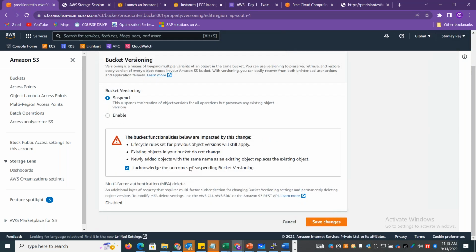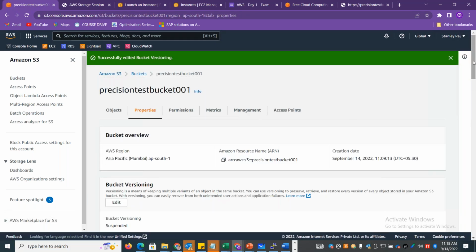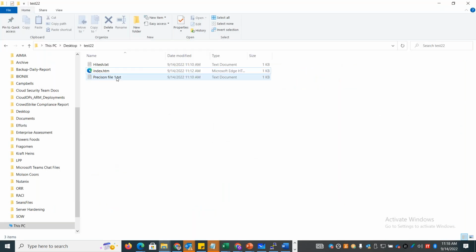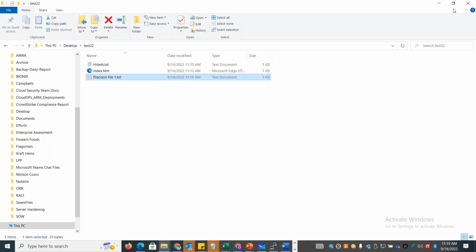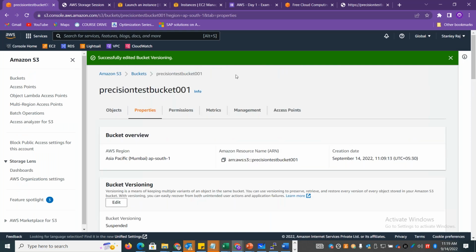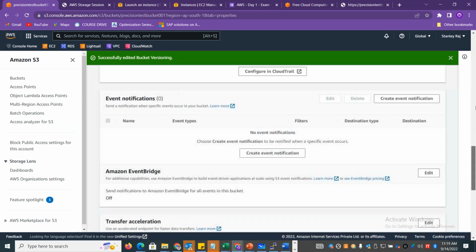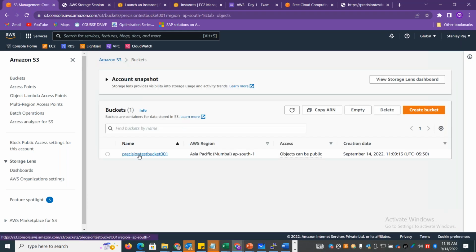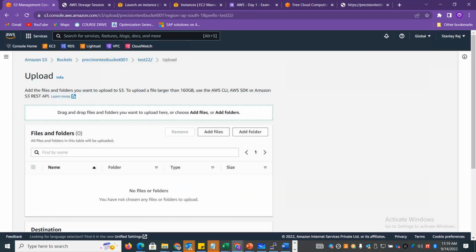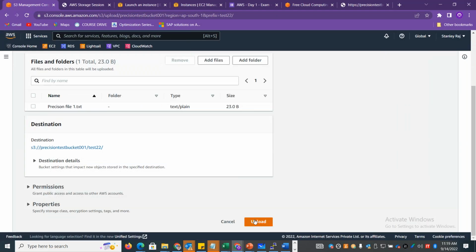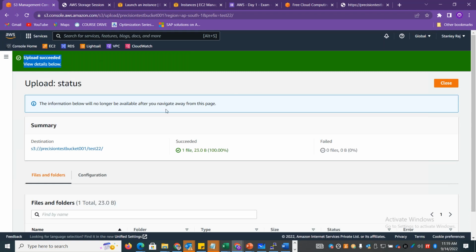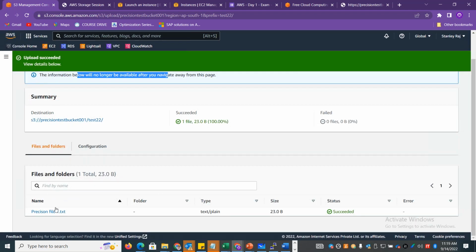So after I enable the versioning, if I go and upload some new content or new version, let's make some minor modification. I'll just say Peter. I'll just say Samim, and I'll close this. Now I'm going to upload the file to the same location where the file is already present. I'm going to upload now. See, when I upload it, it is uploaded successfully. But then it says the information below will no longer be available after you navigate from this page. But see, if I go to the file,